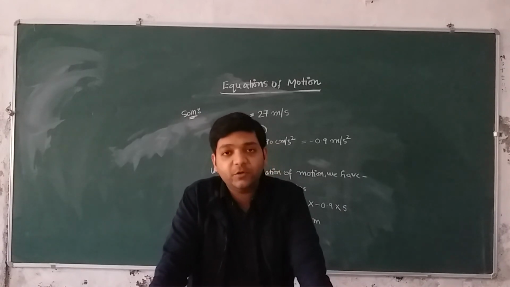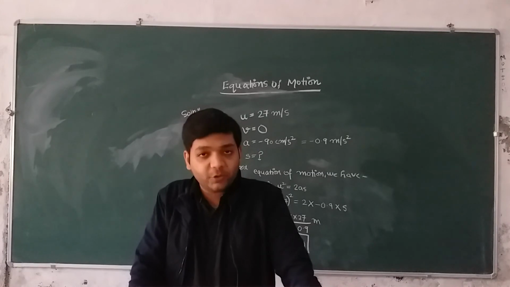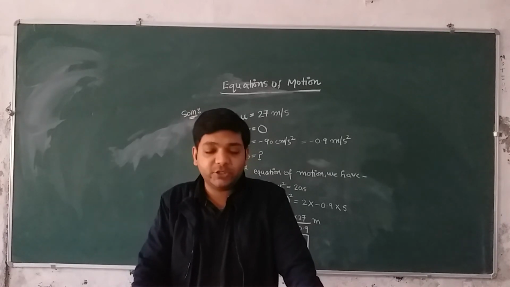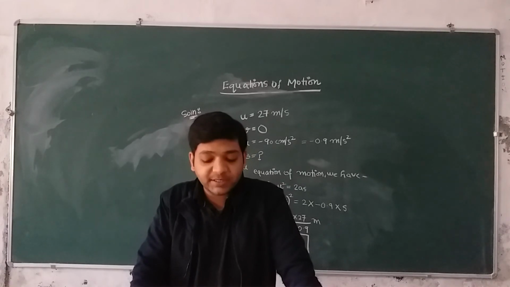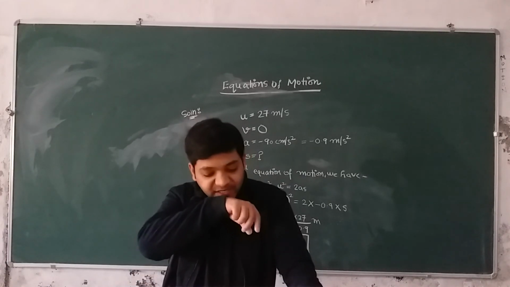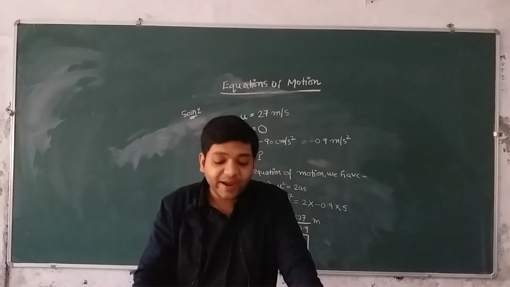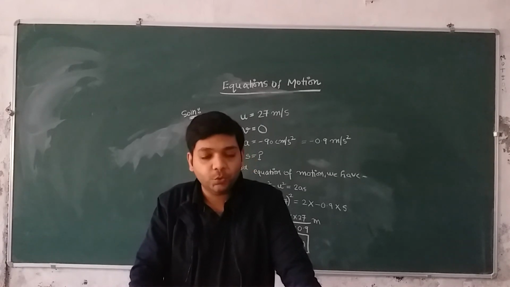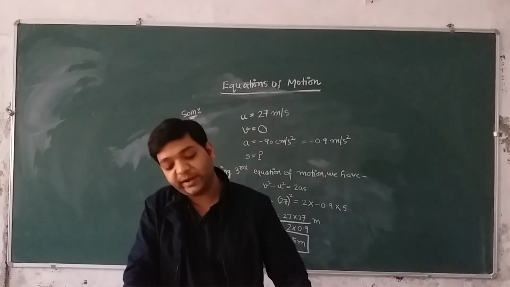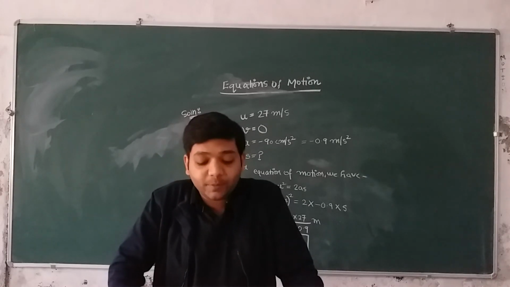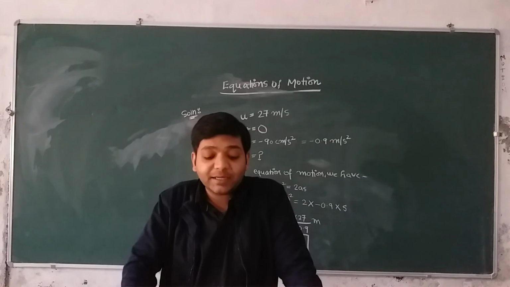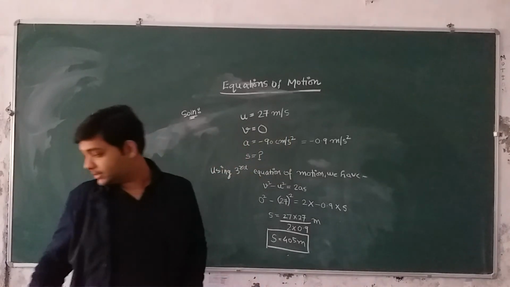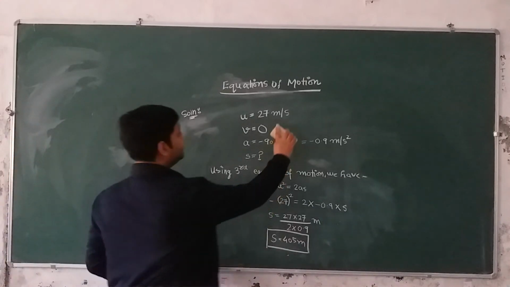Please read it carefully. Pause the video. Try to solve the question yourself, and if you are unable to solve it, only then watch the solution. Right? So now I am going to discuss the solution. The question says, find the initial velocity of a car. So we have to find the value of u. Which is stopped, that means that the car is finally stopped, and therefore its final velocity becomes 0.